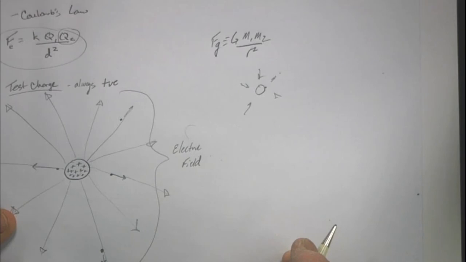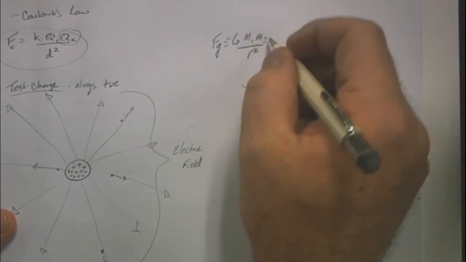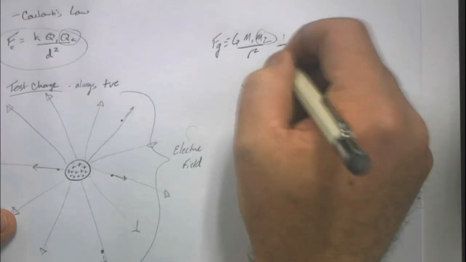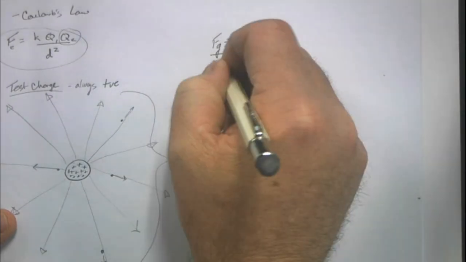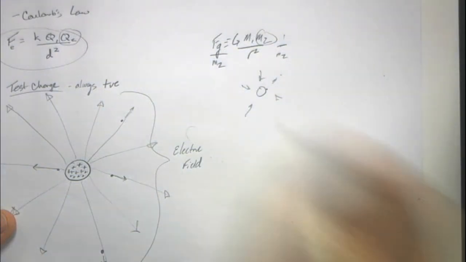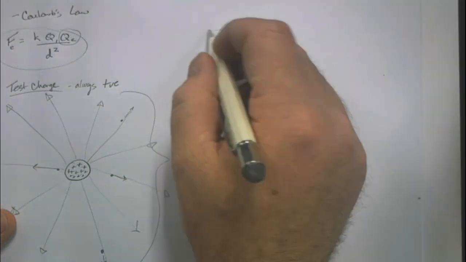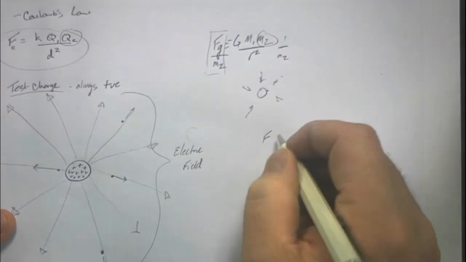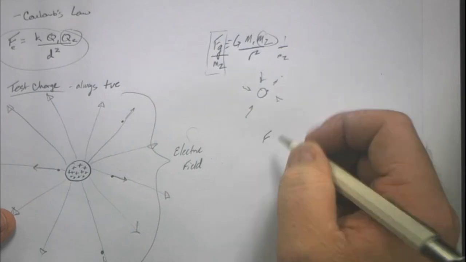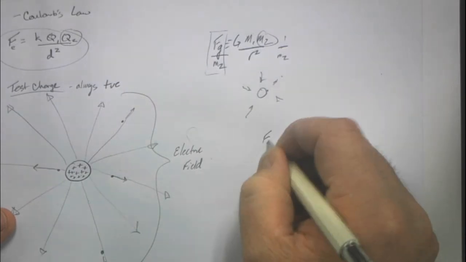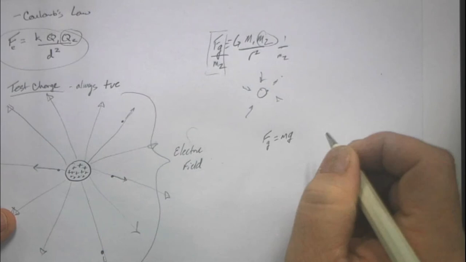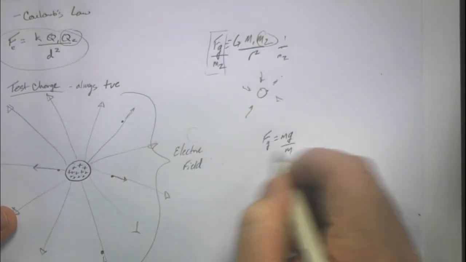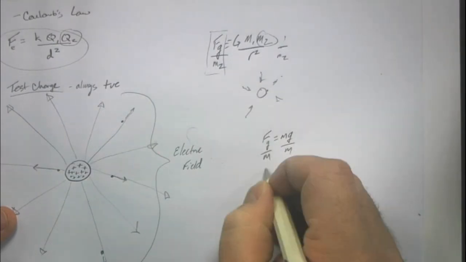The value of the gravitational field would be as if we divide both sides by our mass. Well, this is the force of gravity divided by our mass, and we know that the force of gravity equals mg, right? Well, if we divide by m, this g all of a sudden